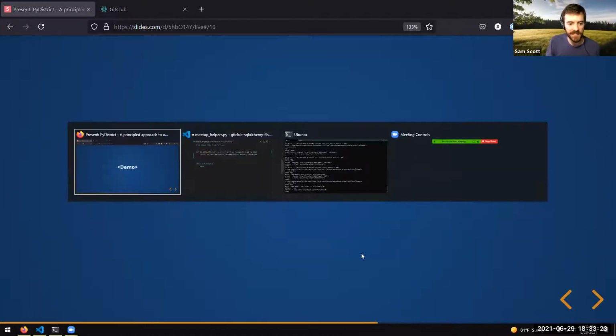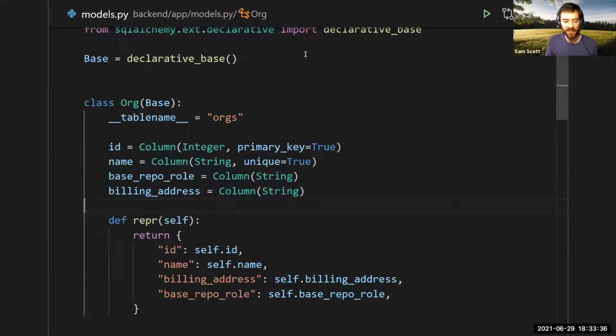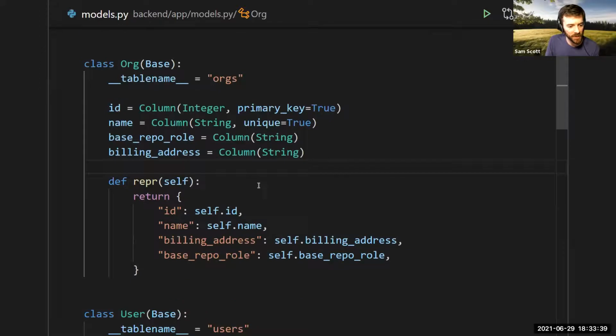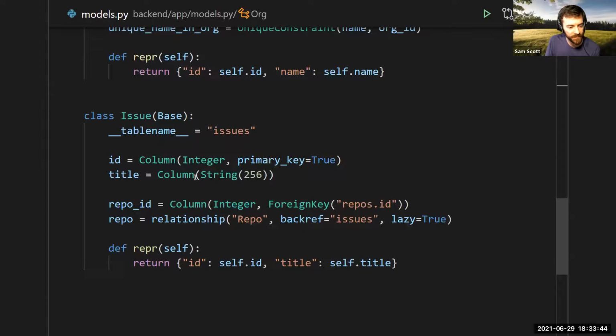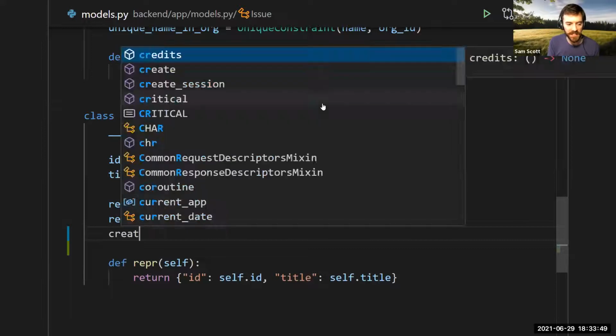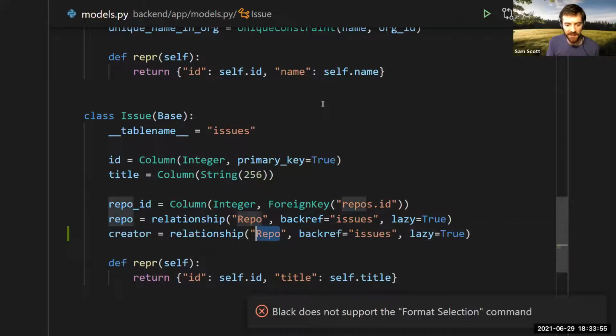Okay, so let's look at a demo of those again. In the case of our Git Club application, as we said, the data is probably going to be managed through our database models, right? So a typical piece of data might be, I guess we don't have any in here yet, but maybe when someone creates an issue, it's captured in the database, right? So the issue creator has some relationship with the user and so on and so on.